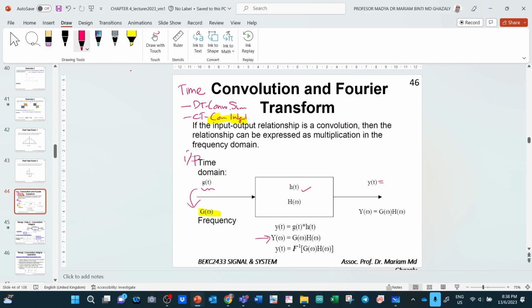After you get the answer, Y(omega) in frequency domain, normally the question will ask you, okay, find, using Fourier transform, for example, you are given the equations in time domain g(t) and h(t). Find y(t) in time domain. So dia suruh dapatkan y(t) in time domain, but using Fourier transform. So the keyword is using Fourier transform. So when using Fourier transform,